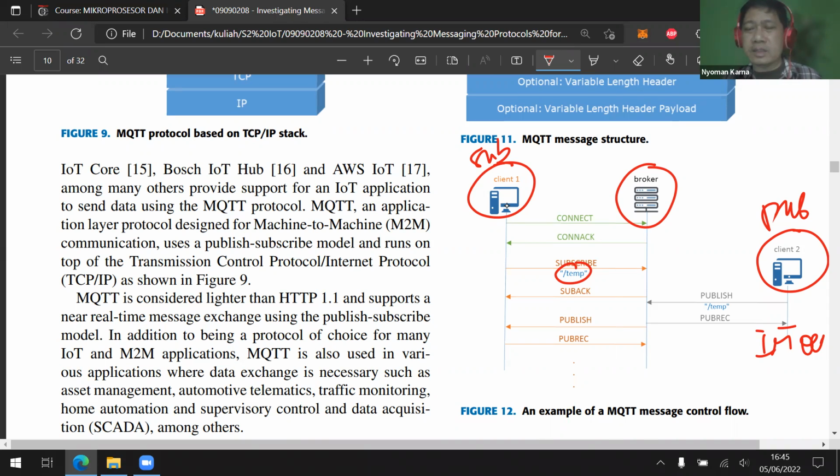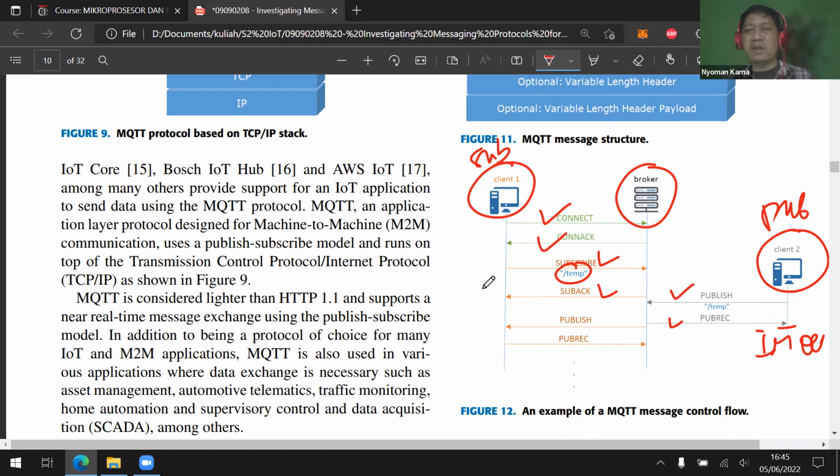Okay, by examining the protocol, a publisher just publishes and gets publish received, and then the subscriber just connects, gets acknowledged, then subscribes to temperature, and then gets subscribe acknowledged, etc. It's very simple communication compared to HTTP.